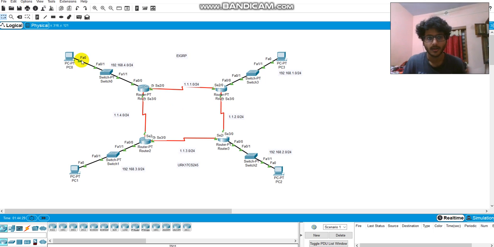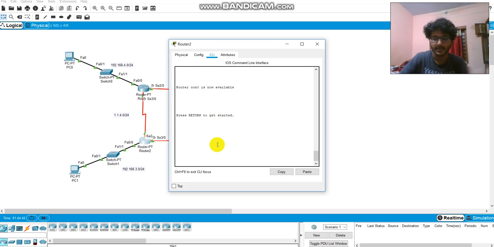So in this network, I have about 1, 2, 3, 4, 5, 6 networks, and I'll configure this router. Here is how I configure the router to work on EIGRP in the CLI. I've already configured this network, but the